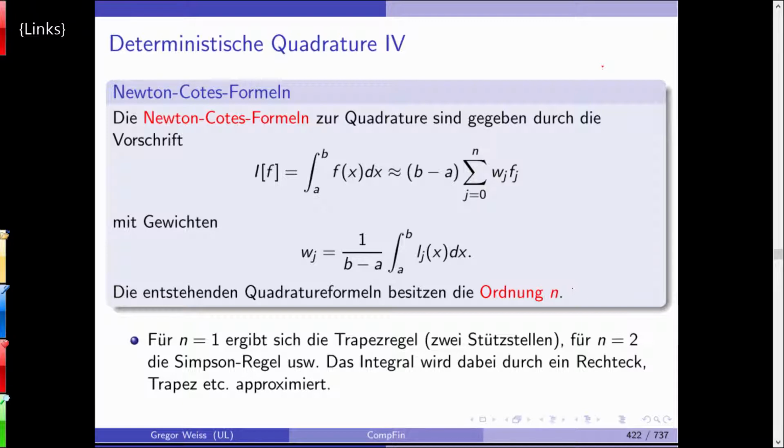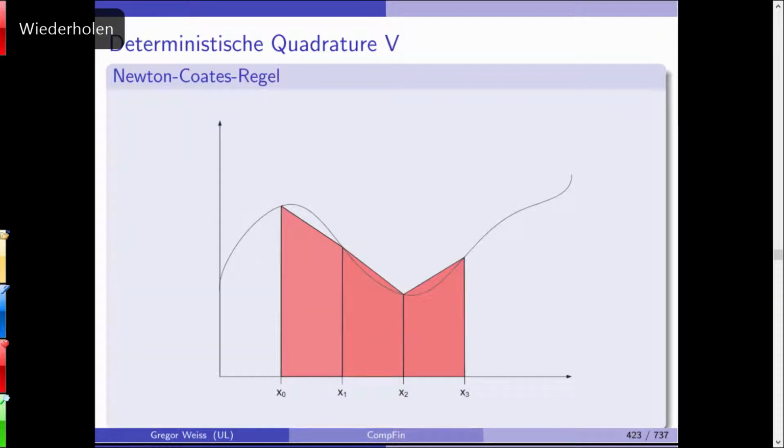And the Newton Cotes formula is given by this. You take the integral and you approximate it by taking a sum of weighted function values, which makes sense because here you need the sides of these